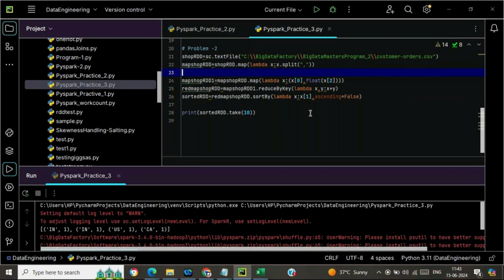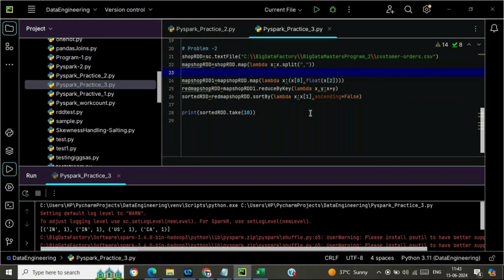These two go to reduceByKey with x plus y. Then we sort by price in descending order and take the top 10 values.